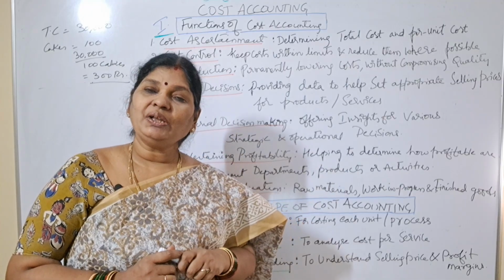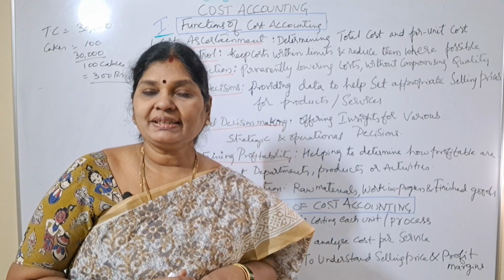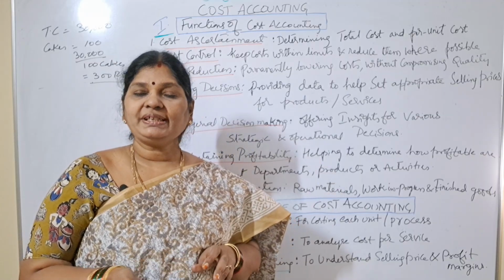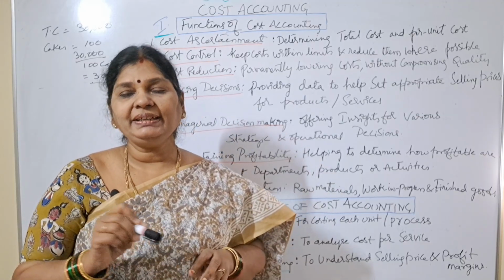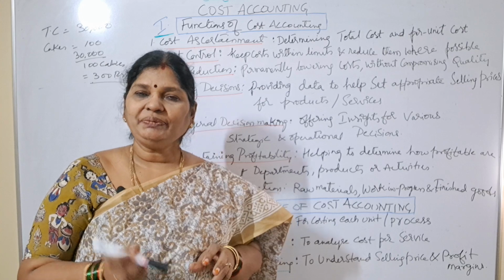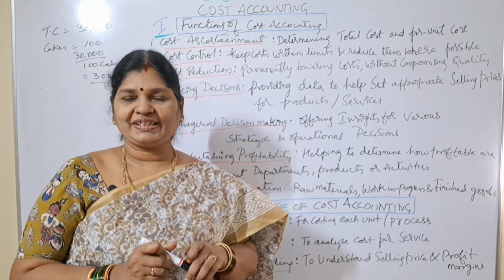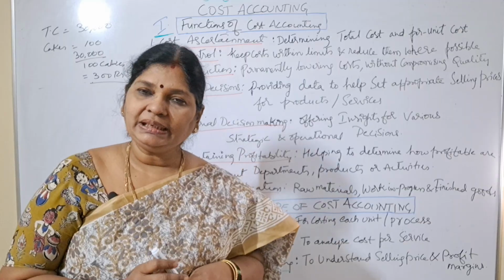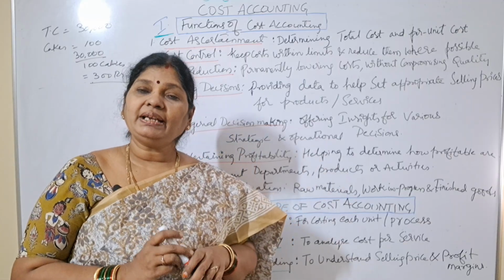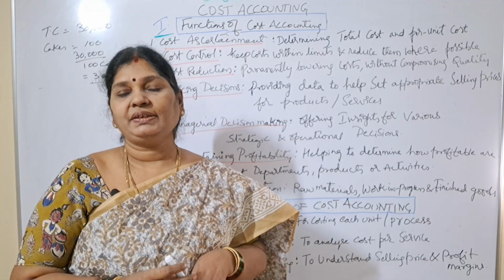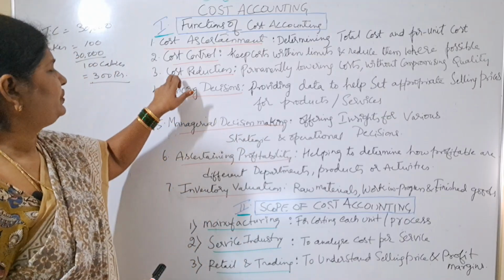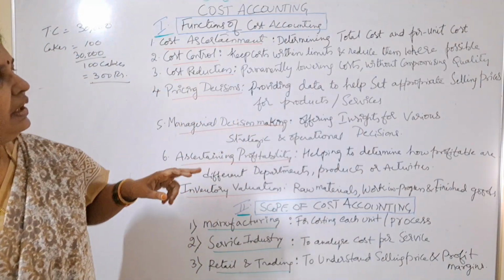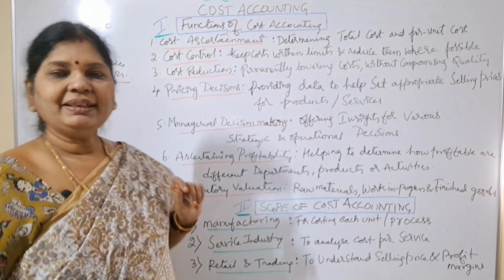Because of their old oven, they are getting more electricity bill. So in sweet treats, now what we can do, we can search for another supplier who can supply us flour which is cheaper but maintaining the same quality, so that we can control our flour costs, and also we can try to control our electricity bill, checking where we are unnecessarily wasting electricity. Coming to the third function, that is cost reduction, means permanently lowering costs without compromising quality.